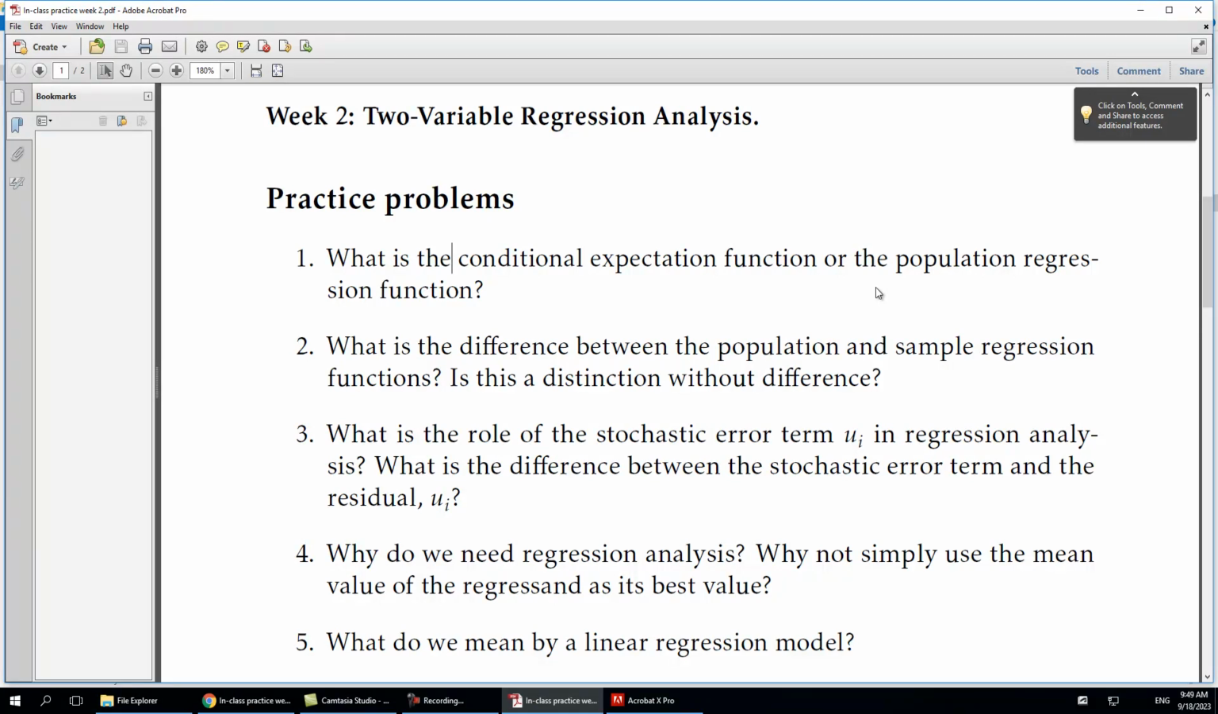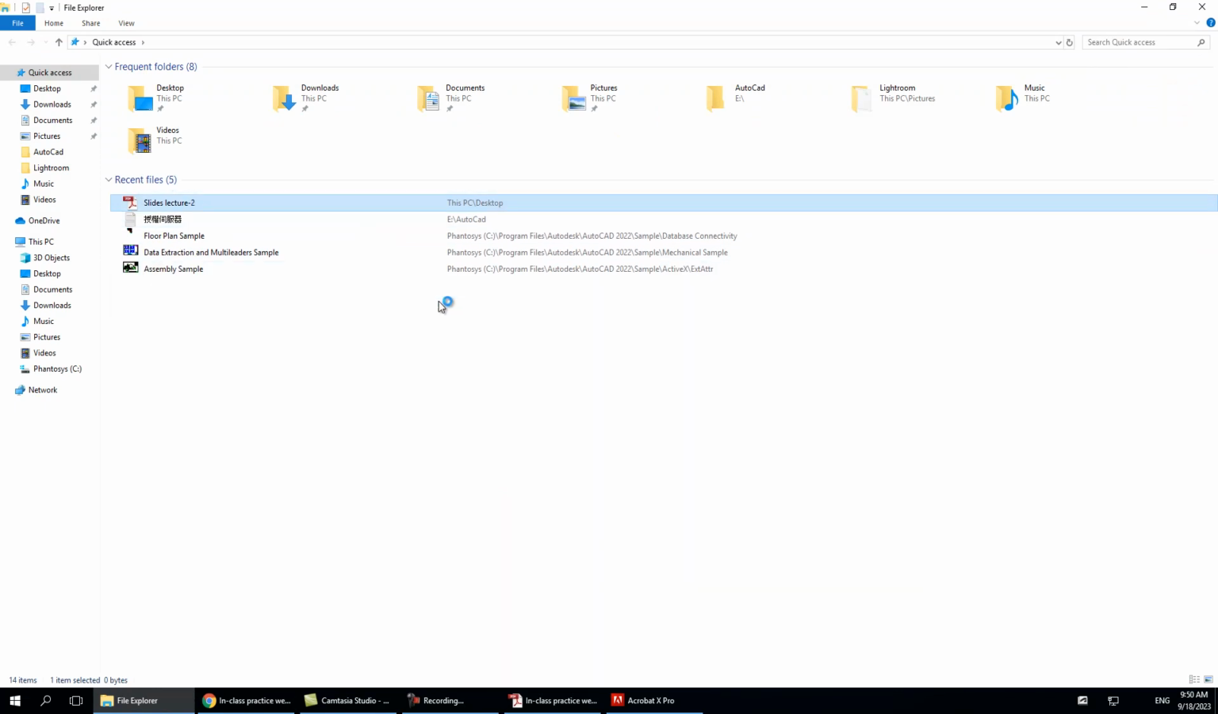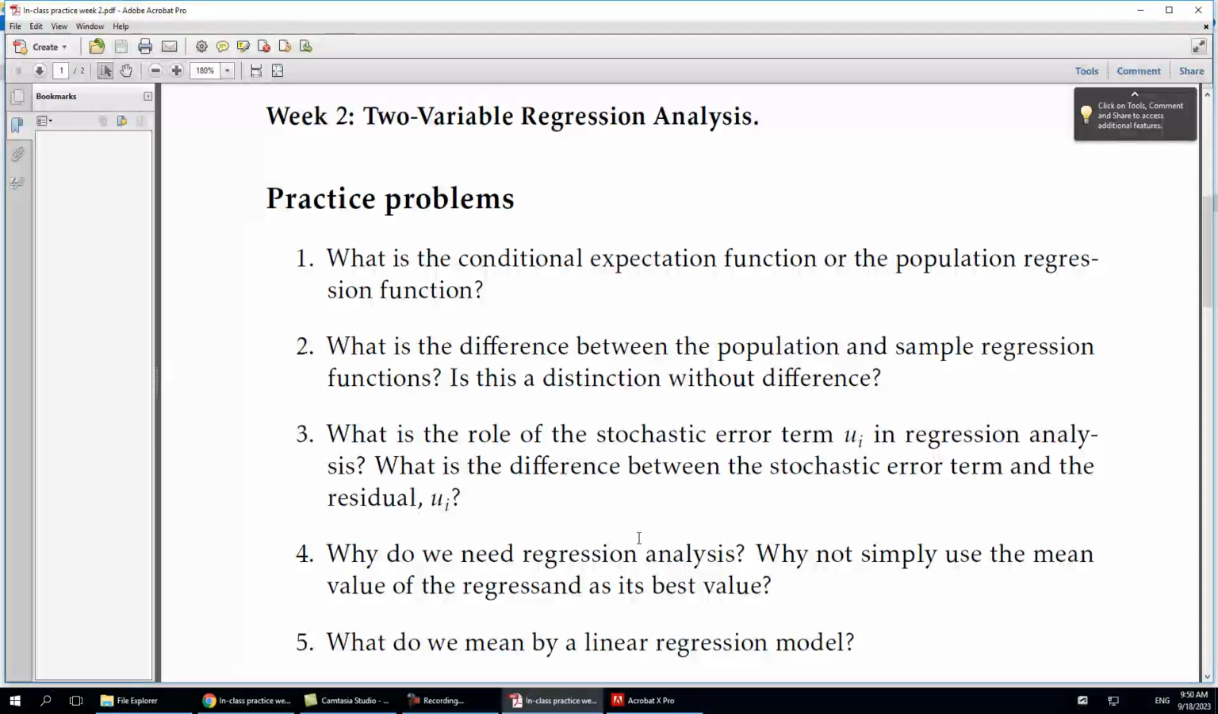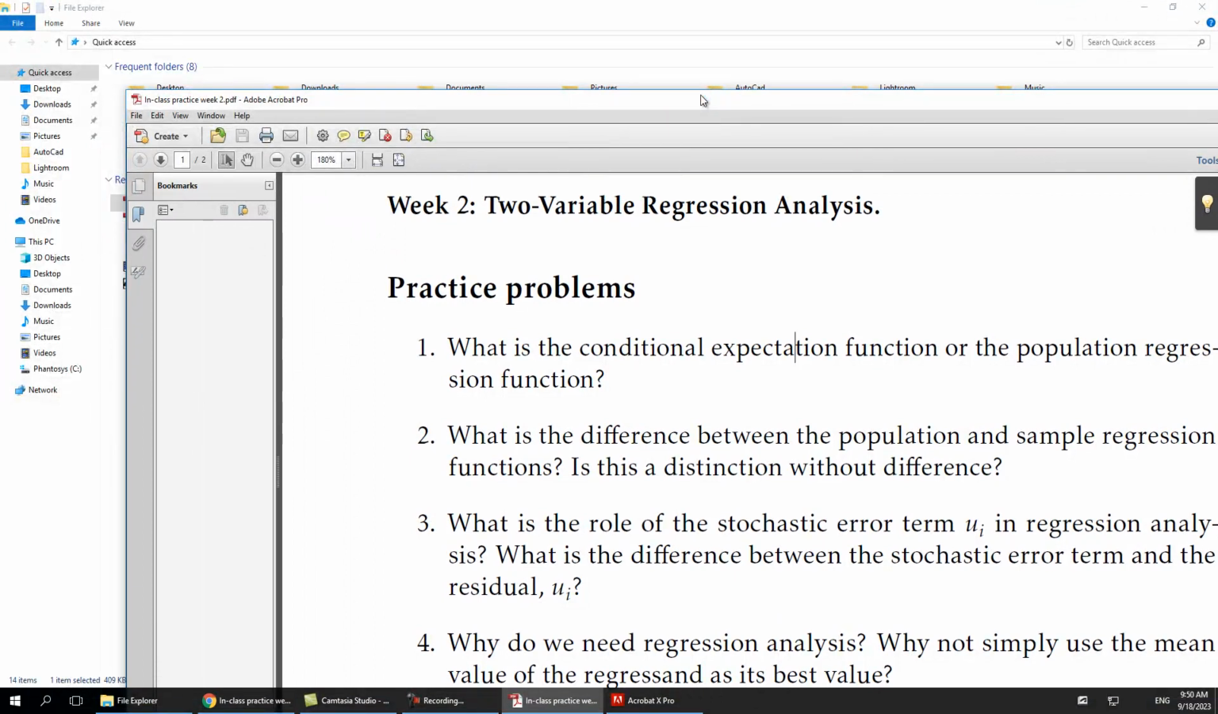So when we talk about population, actually we talk about the true relationship between dependent and independent variables in a population. And in other words, it indicates the expected value of y given specific values of independent variables. Right, so if we look here,